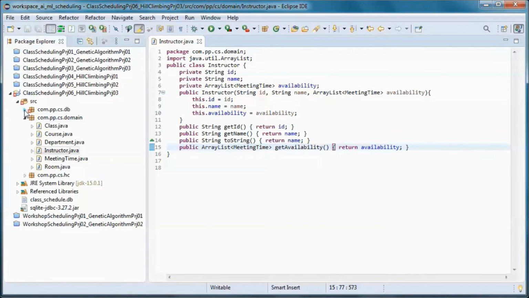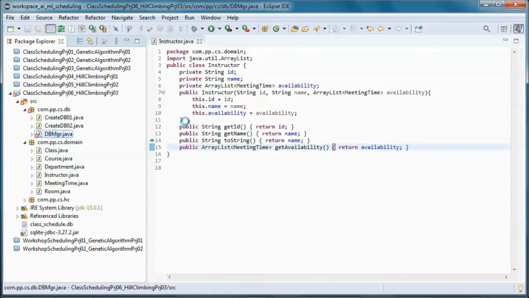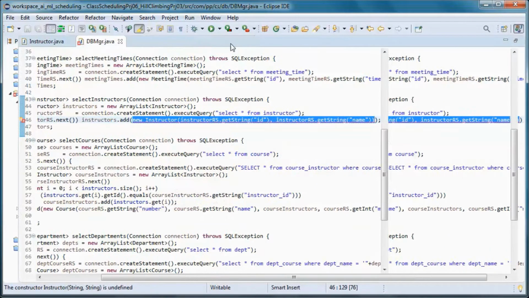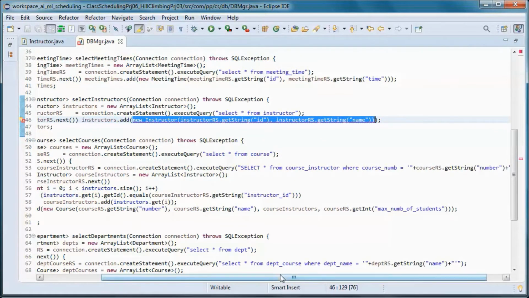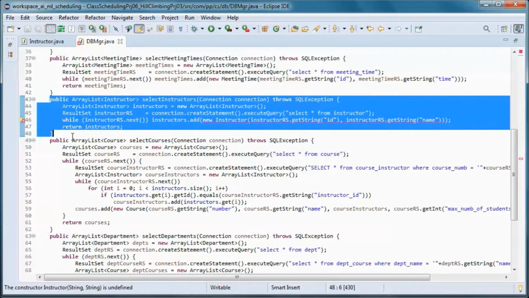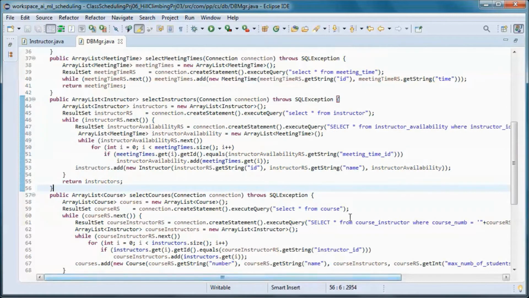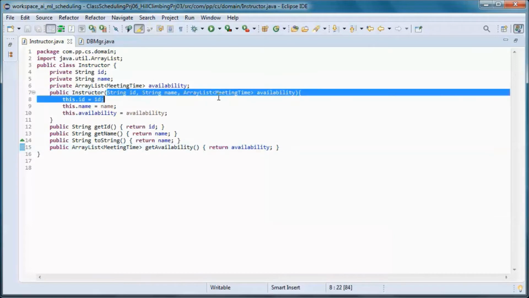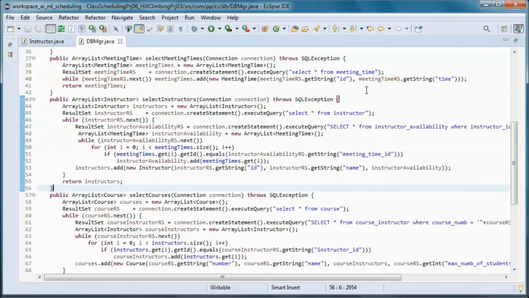Now we need to fix this, since the instructor takes in 3 values now, the ID and the name and the availability.